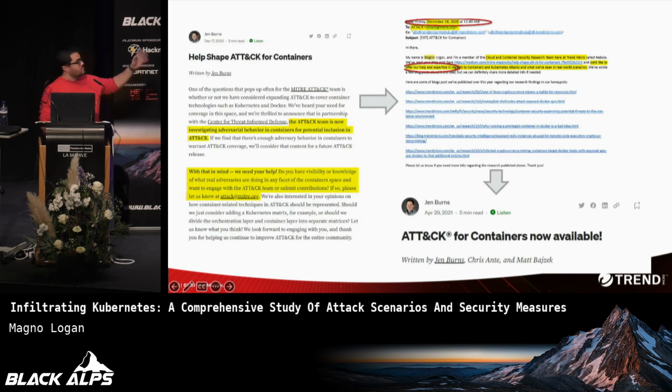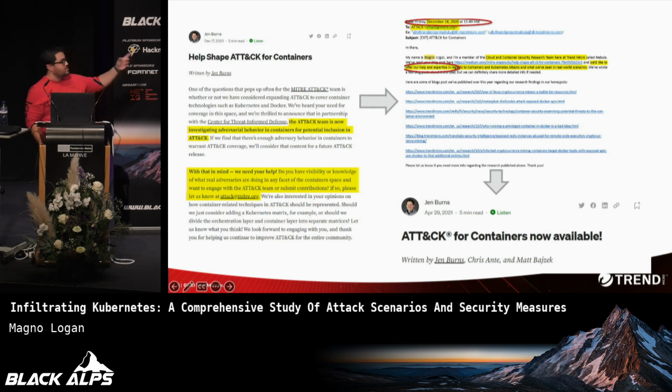So in December 2020, I know it's a little bit hard to read, but I'll tell you the story of what happened. In December 2020, MITRE published this blog post asking the community and the industry for help: can you provide us data and any kind of real-world information that would help us create this MITRE ATT&CK for containers?